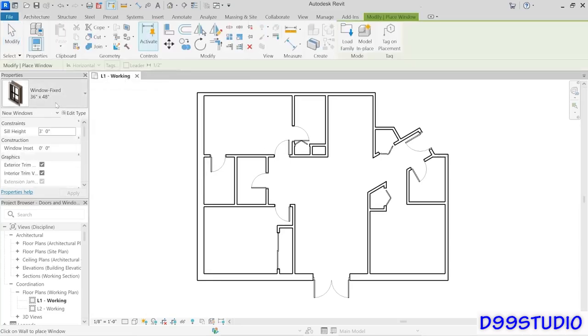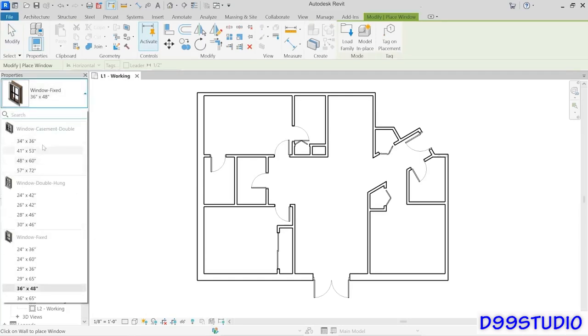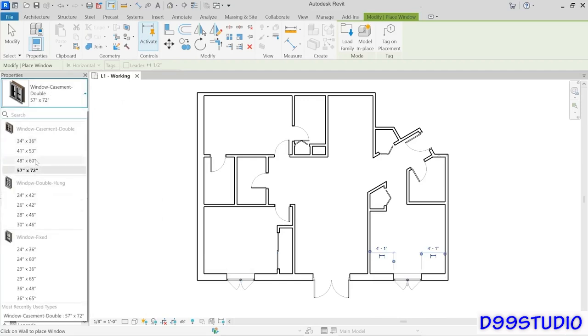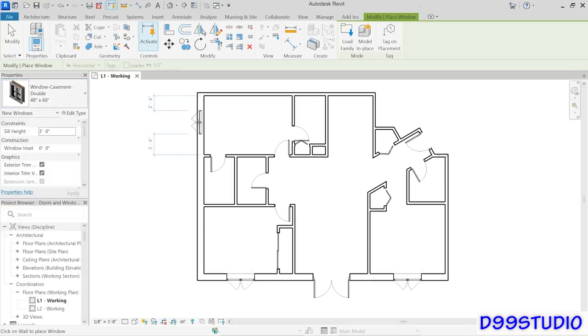But I'm going to click the Window tool, open up the type selector, and I'll work with this double casement window here. I'm going to take the largest size and place a couple of those in the bottom of the plan here in each of these spaces. And then I will take the next smallest size above that and place one of those here in the upper